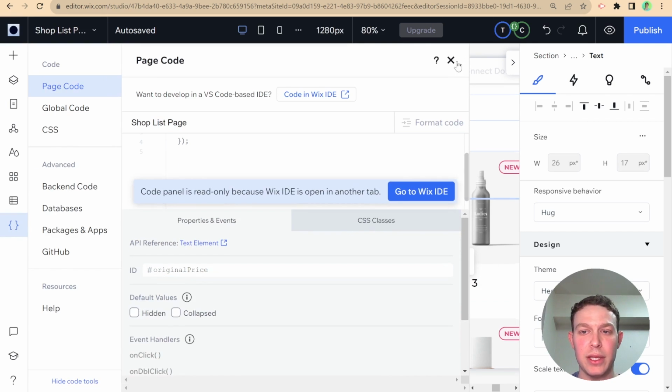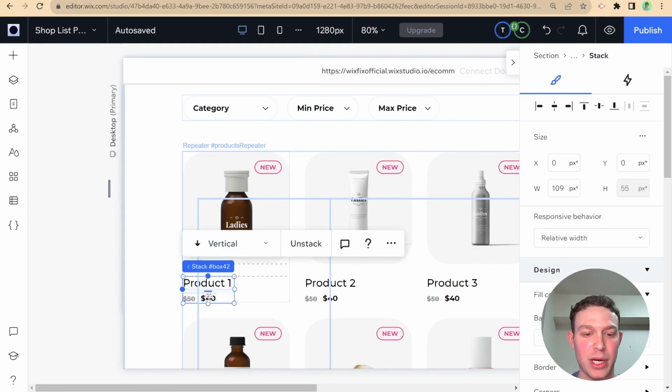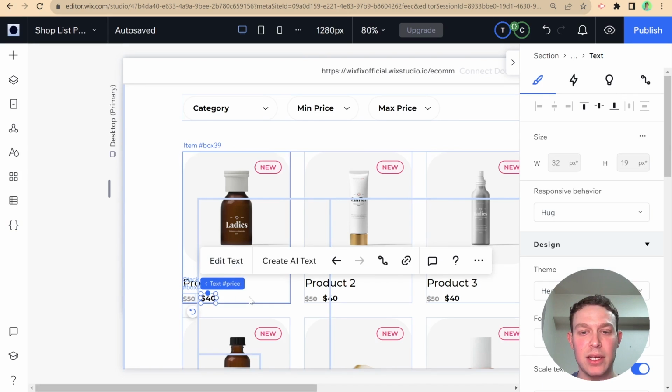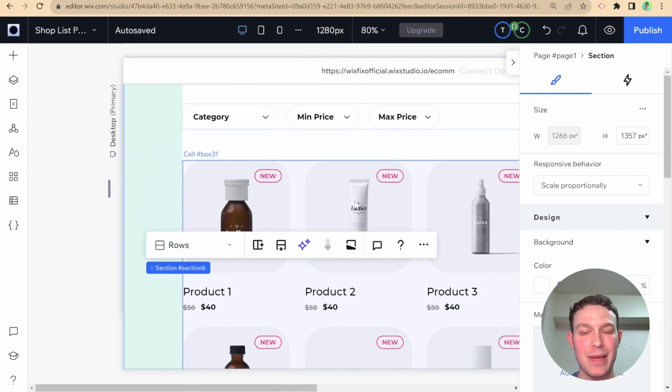Okay, so this is only in the case where we actually have some kind of discount. We're going to display the original price here and the discounted price over here. And that should be sufficient for a basic setup. So the next stage will be to retrieve the actual data from our Wix Store's products collection and attach that